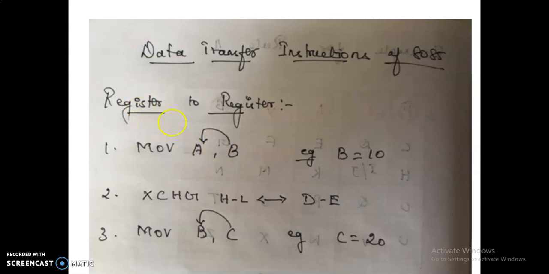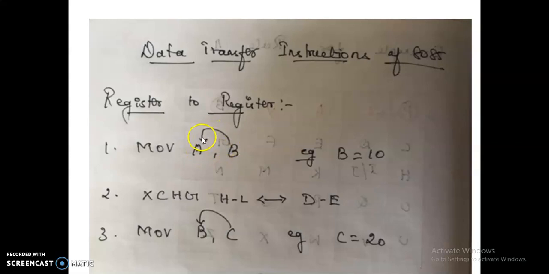So here the instruction is MOV. Move means it transfers the data from source to destination. Here the source and destination are both registers only. Here A is a register, B is also a register. You all know that the 8085 microprocessor has 6 general purpose registers plus 1 accumulator: B, C, D, E, H, L and 1 accumulator. So this A is called the accumulator. B is one of the general purpose registers. Here this is the source, this is the destination.